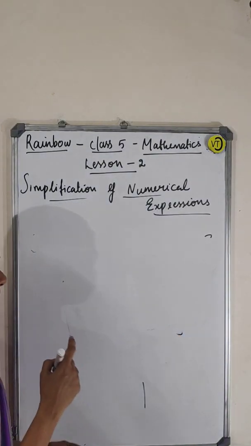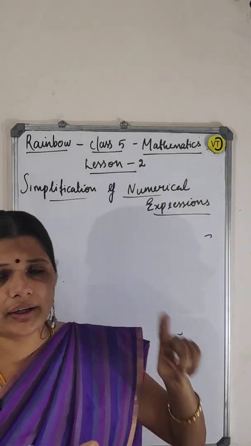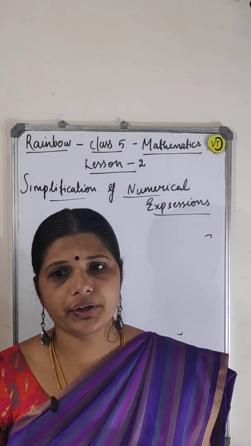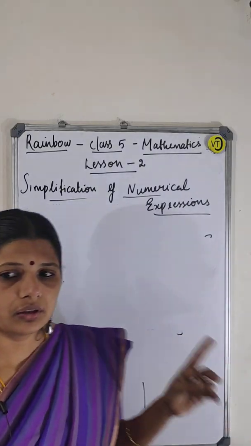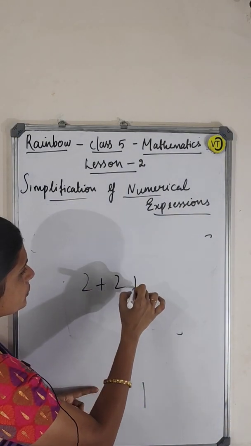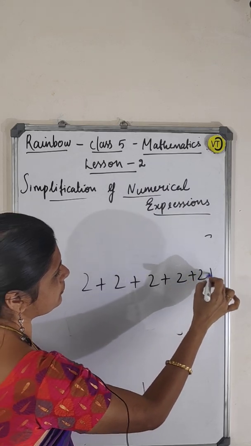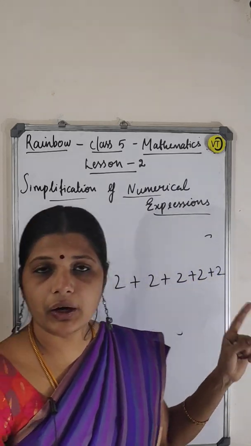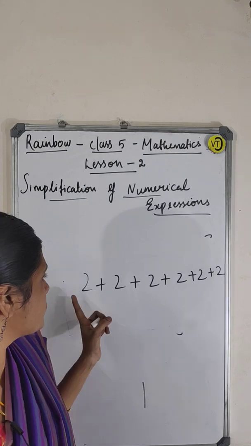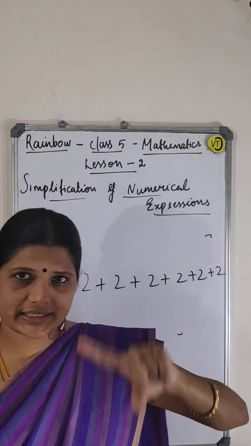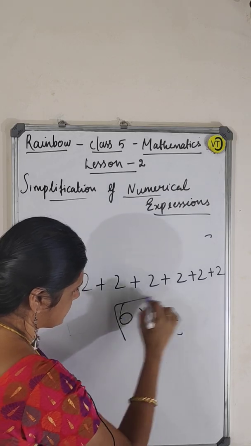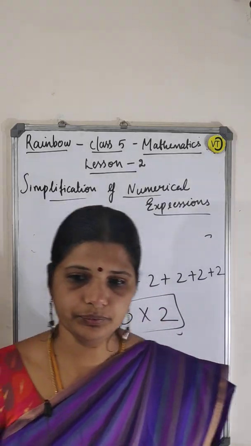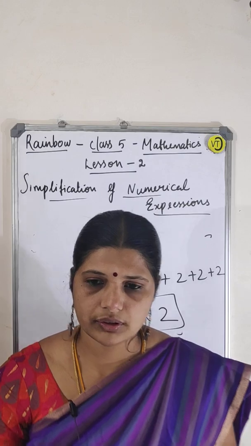So here, the price of 1 cupcake is equal to 2 rupees. Totally 6 cupcakes is equal to what? How many times? 2 plus 2 plus 2 plus 2 plus 2 plus 2. How many cupcakes? 6 cupcakes, right? So 6 times I have written. So 6 times 2 it is. This is the expression now. 6 into 2. Okay, one more.